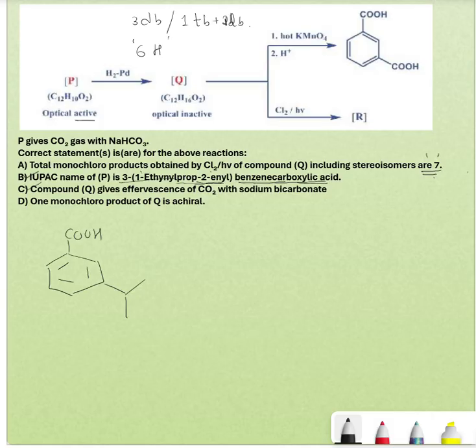Now what is Q? This is Q, right? So now do the chlorination. Whenever you do chlorination in presence of sunlight, don't forget this, okay? That means only this part is going to react. The chlorination will not happen on the benzene ring, because for that you need FeCl3, okay? So this is just in presence of sunlight, so it's a free radical substitution reaction. First you can remove hydrogen from here, you get chlorine, right? And then